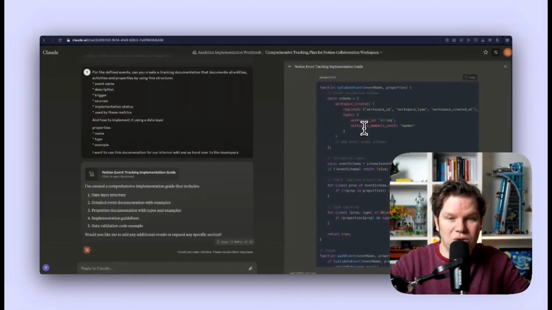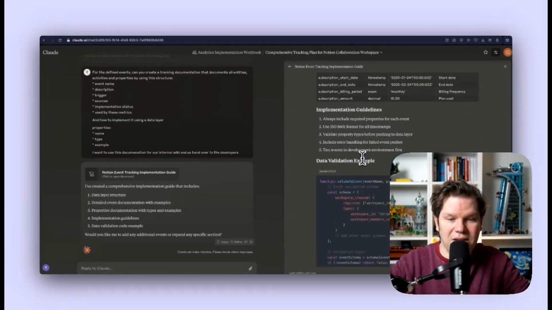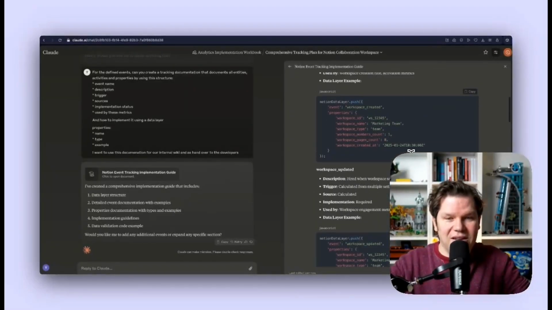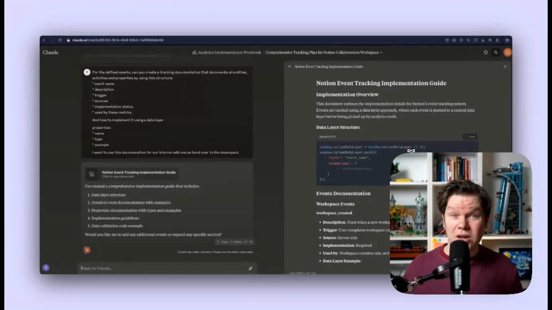Also, I'm not really sure if you should add this validate event thing. That is a nice idea. We can discuss it with the developers if it makes sense or not. I always like that it sometimes comes up with these nice additional ideas. Okay, cool. This is how you can create